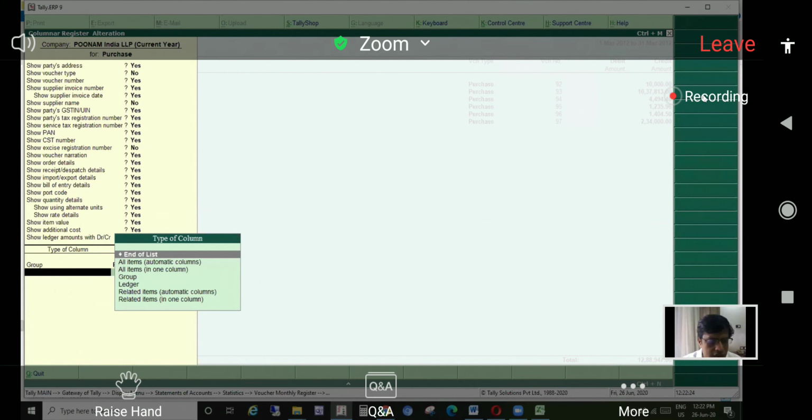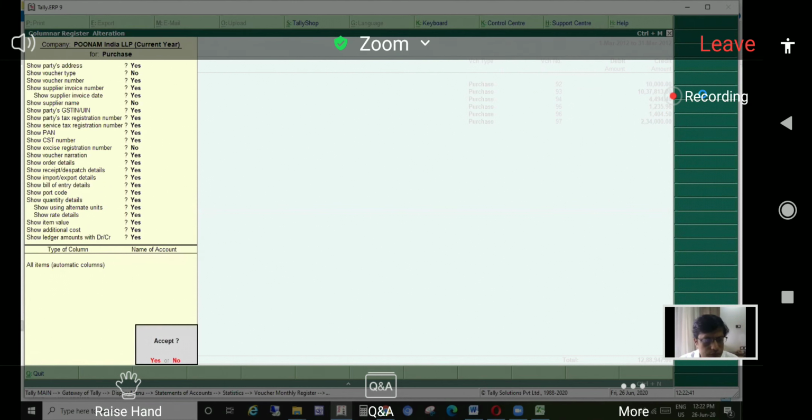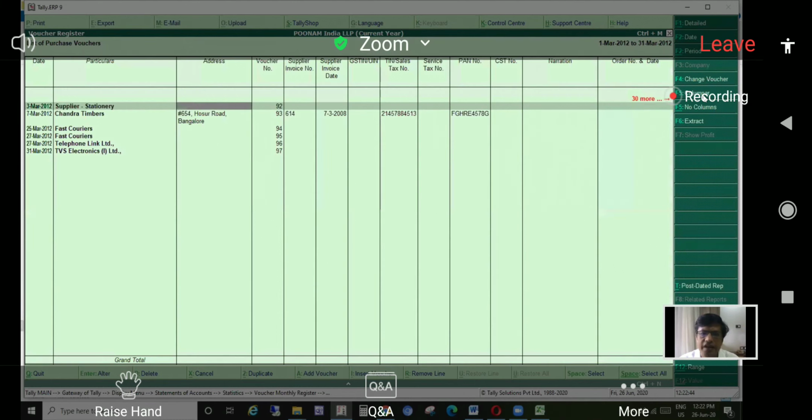All other related items in one column, this also you can see. But the best part is that almost all of us should know that we should use this all items automatic column, that is, each individual line by line details we get.